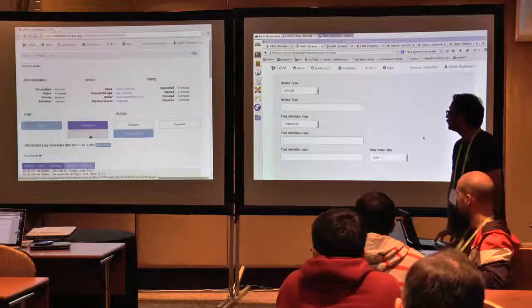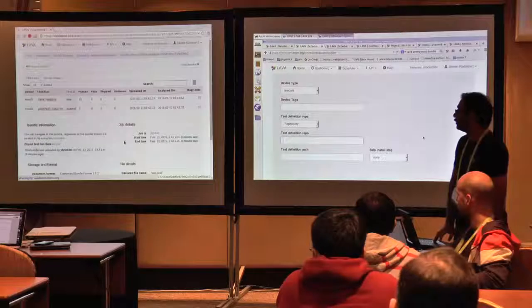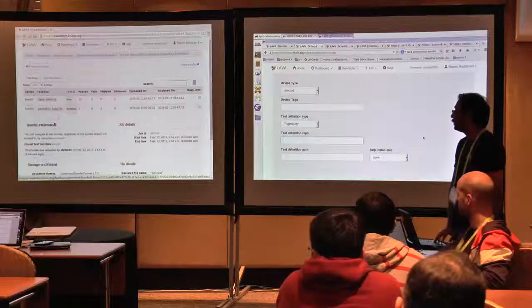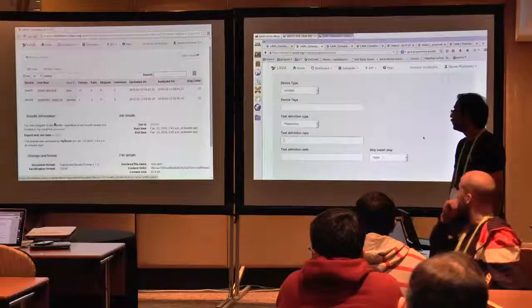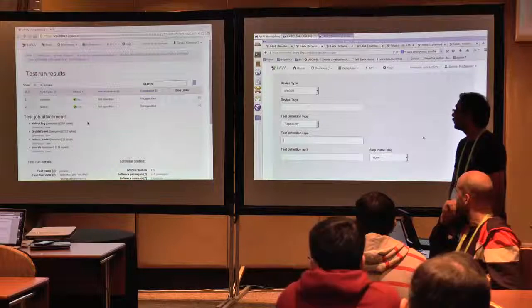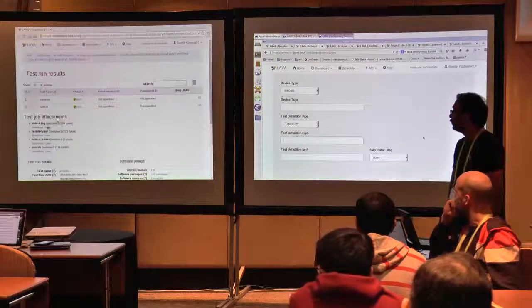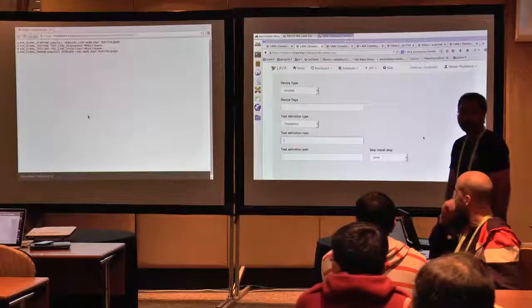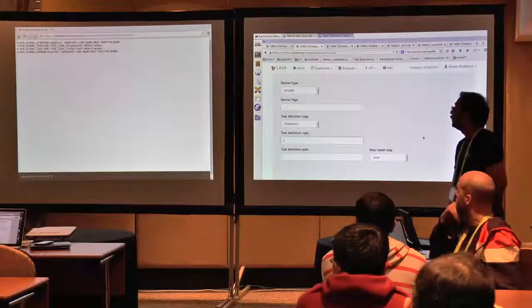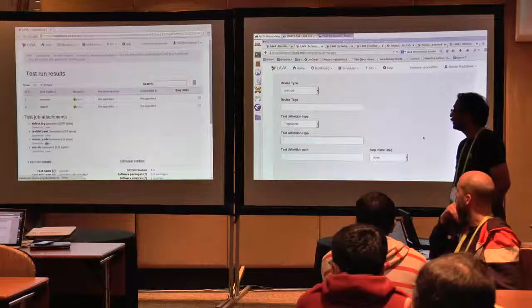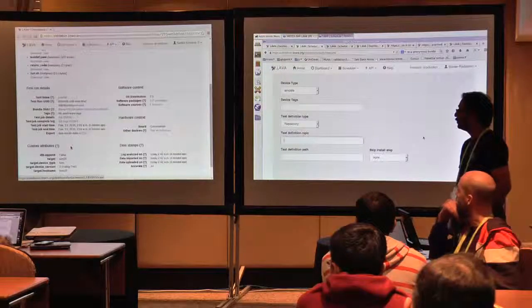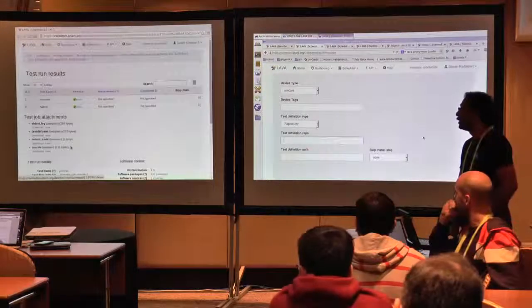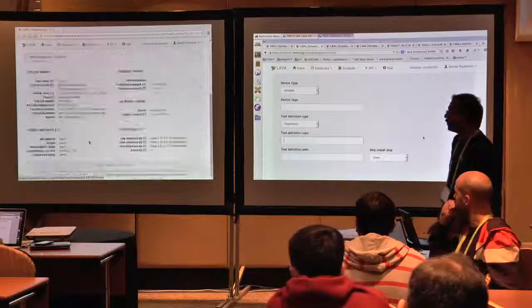So you'll have the log files for each of the test cases that ran, and you can also download the complete results. For example, when we ran this test, you can see what the output on standard out was, the return code, and what script was used to run this test. This is used for offline analysis.